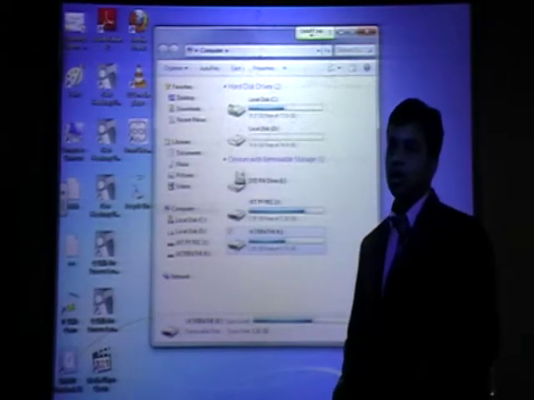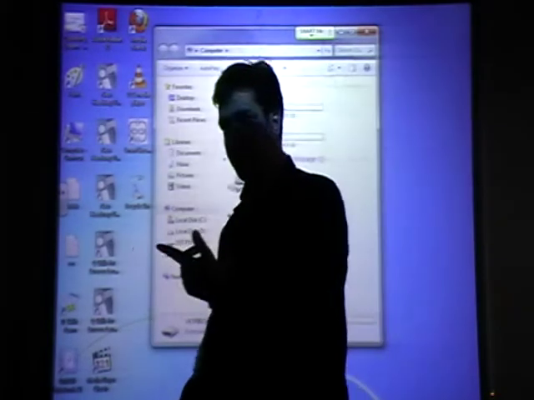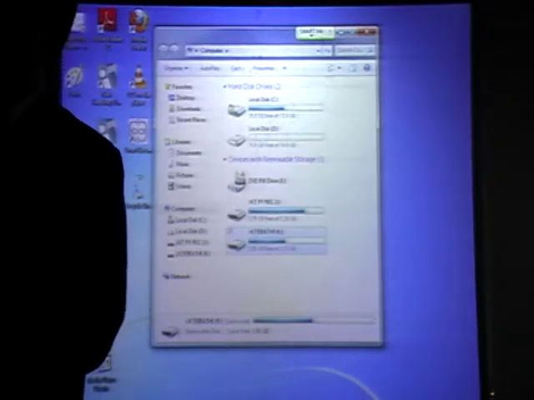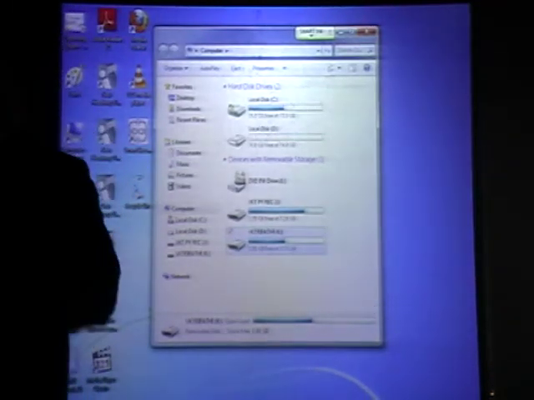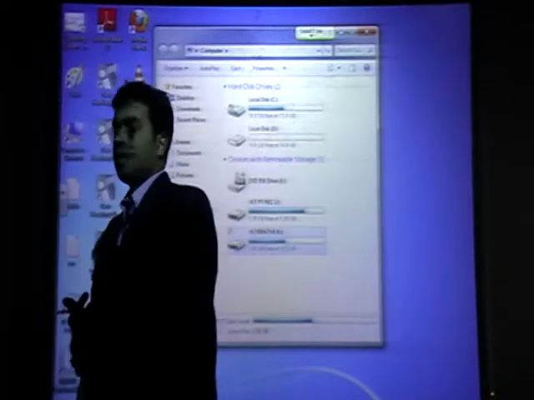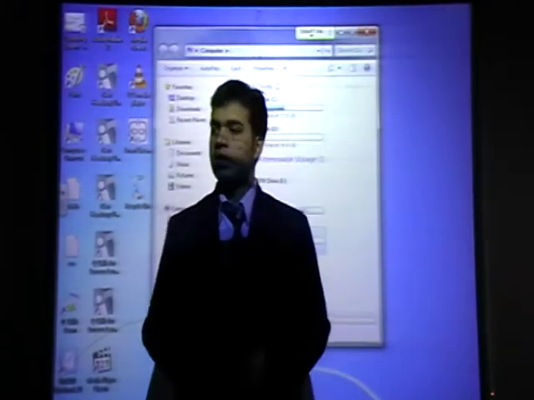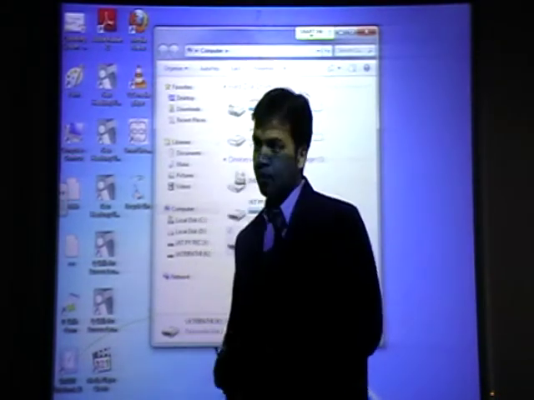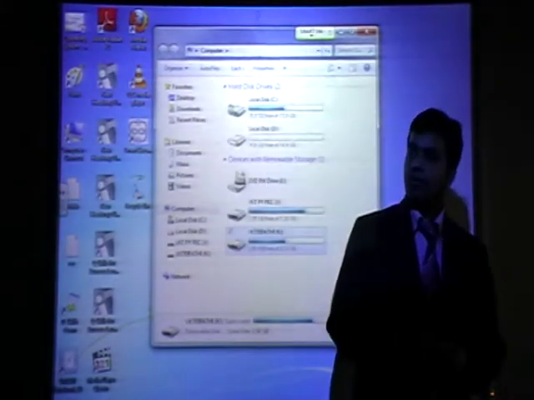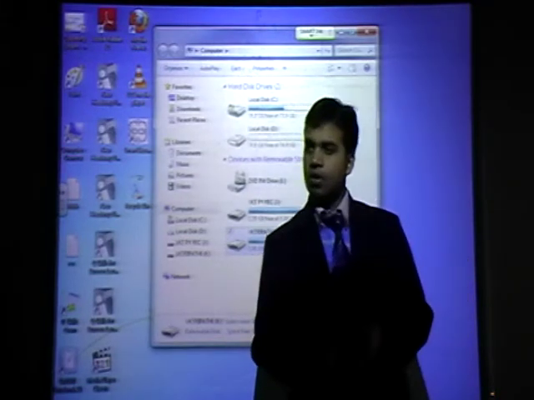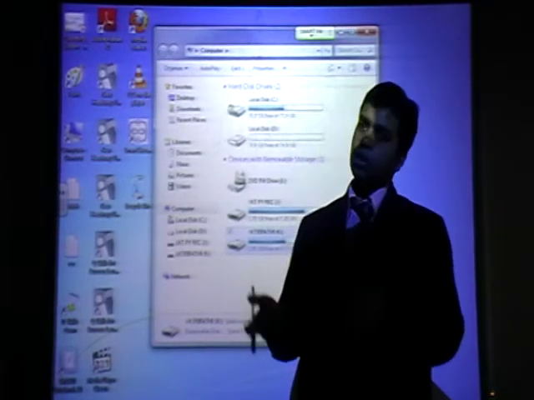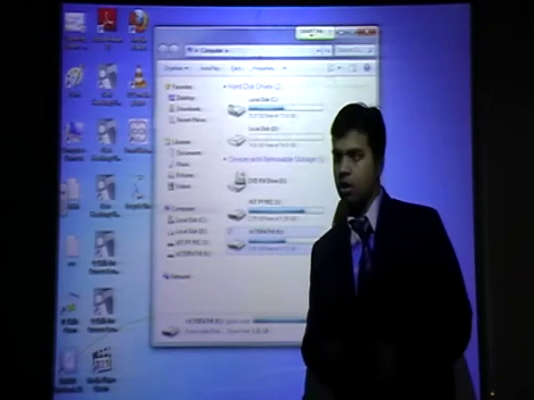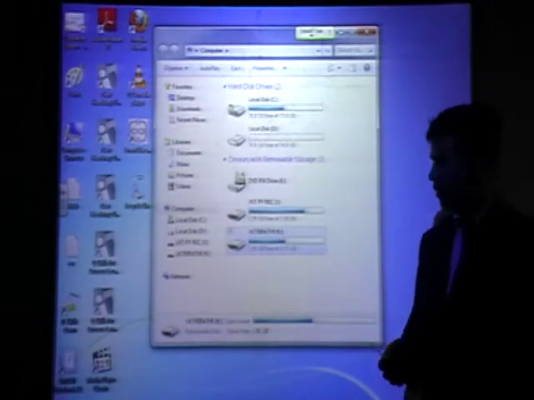It means if your computer has 1 GB RAM and you don't want to open your laptop and put in another RAM, you can use your flash memory as extra RAM. It is for making your computer fast. It will work as extra RAM. So when the RAM is more, we have a 16 GB flash. Out of the 16 GB flash, you can use 4 GB as RAM in your computer, in your laptop. Okay, that is the use of this one.